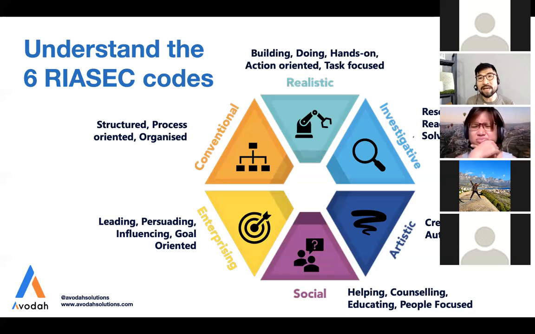I have had experiences in the past where clients did this RIASEC code test, and they tell me, Gerald, I don't think it fits me. And that's perfectly fine. It's like when you take a photo of yourself and look at it and say, hey, this one doesn't look like me. It looks like somebody else. But that's actually you, just taken from a different angle. So if you don't like it, you just need to reevaluate, rethink, and then get some help. Talk to somebody about it. Perhaps when you talk to others who are objective, they may be able to help you understand why you're more of an S and I rather than a realistic kind of a situation.